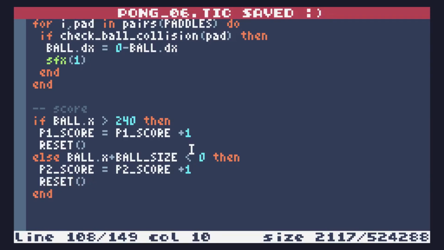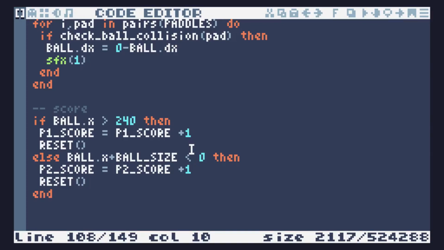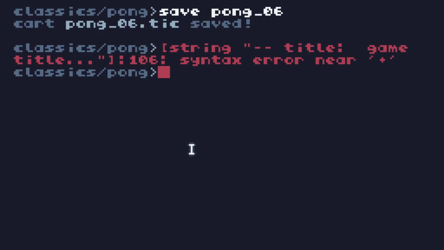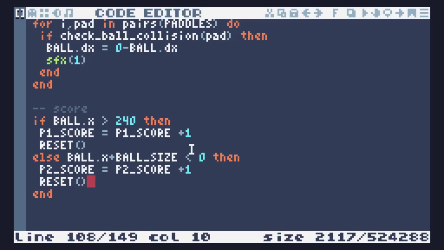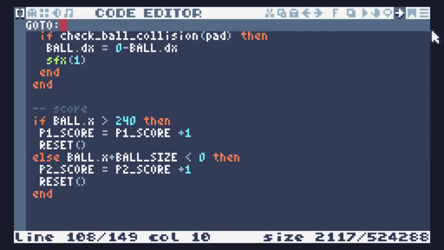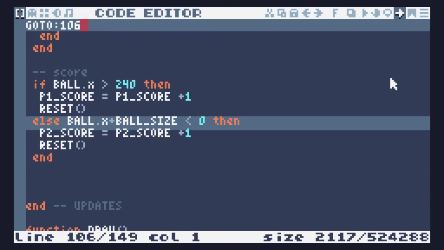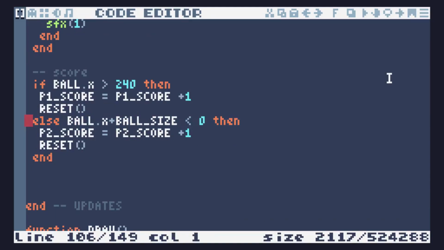So if all has gone well, what we will see is the ball leaves the edge of the table on either side, edge of the play field, the board, the screen, on either side, and then pops back to the middle and continues moving. So here goes. Syntax error near plus on line 106. So go to, or that little button up there, 106,